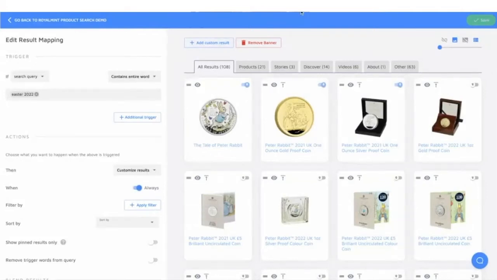Alternatively, you can show the banner or a custom result within the result set, right? So if you don't want it to stand out so much, you can actually kind of sneak it into the result set. For example, this,